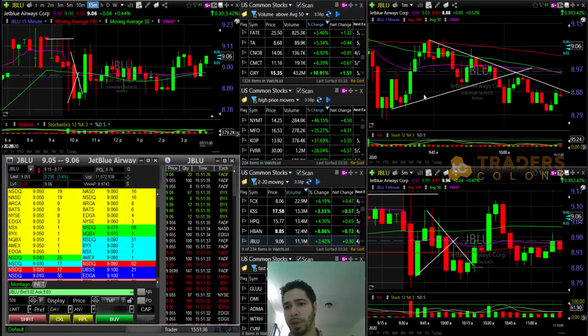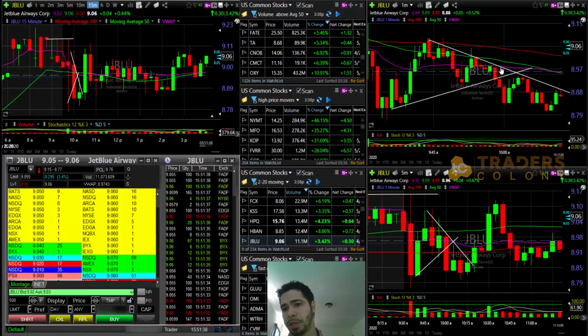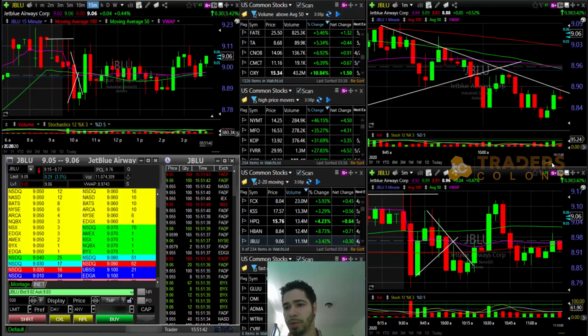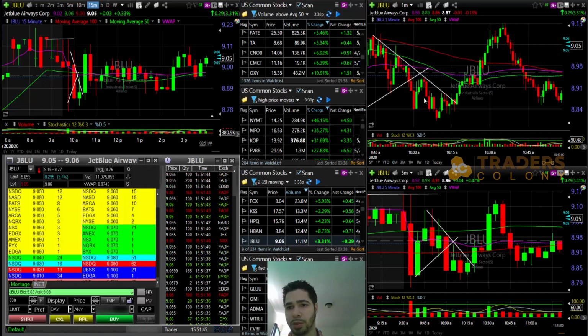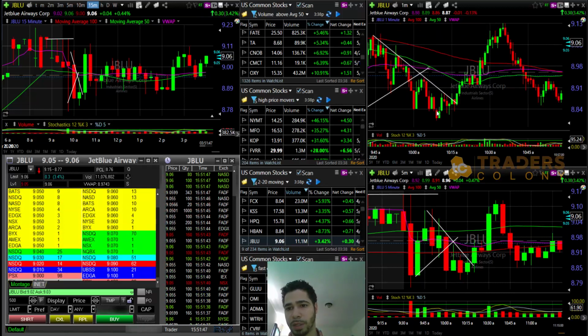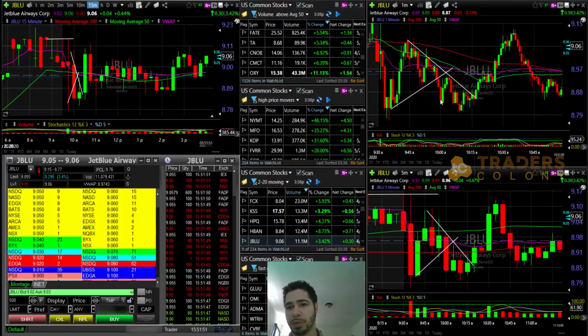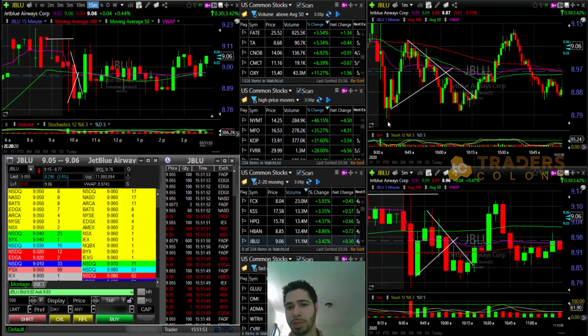So the prior support right here and the prior resistance right here, the trend lines gave us this X for that rollover right back down again to come and break towards this area of $8.80, which was actually the area that was closer to this